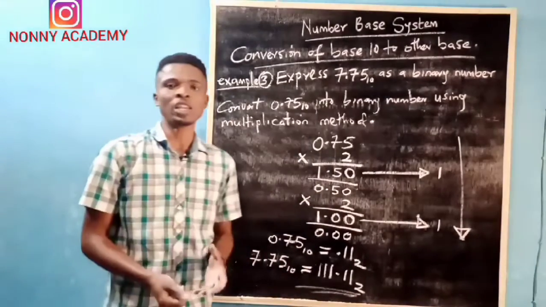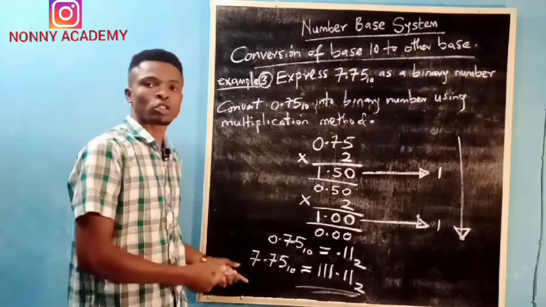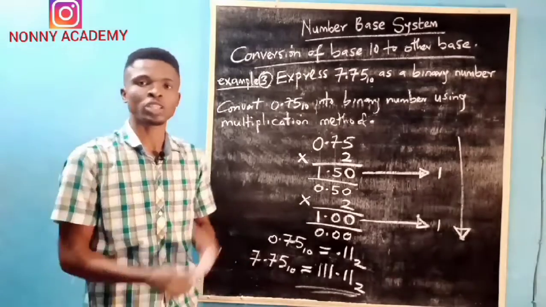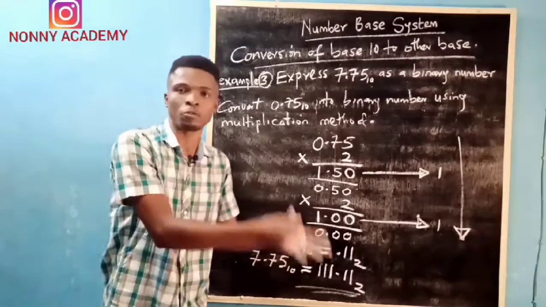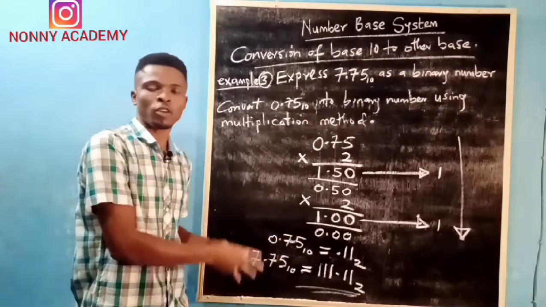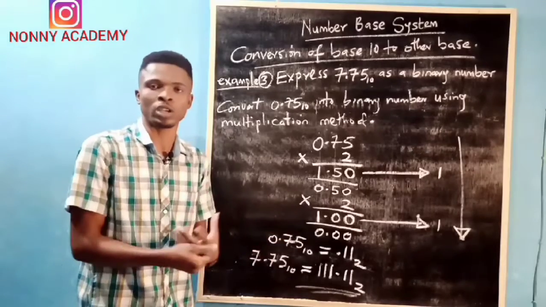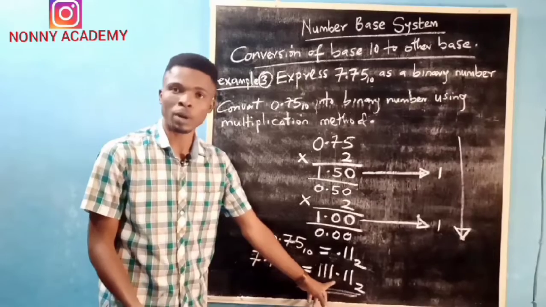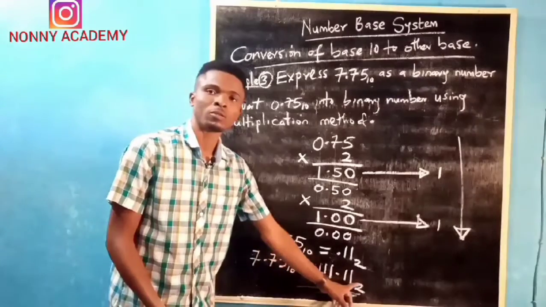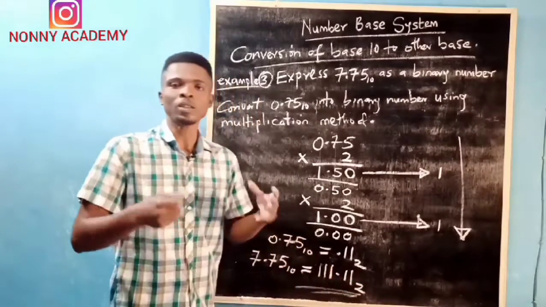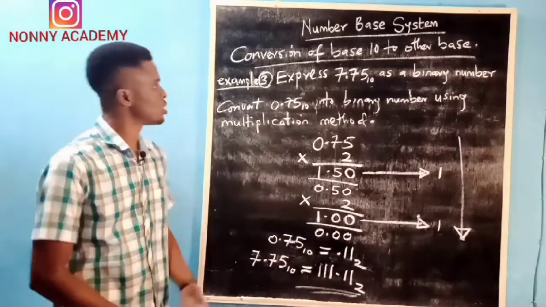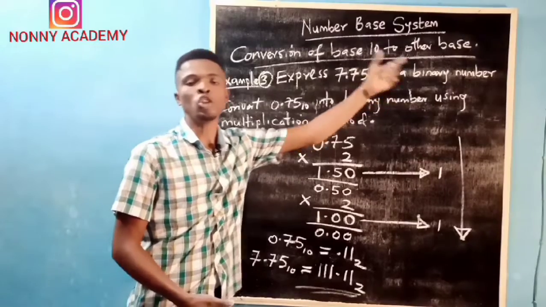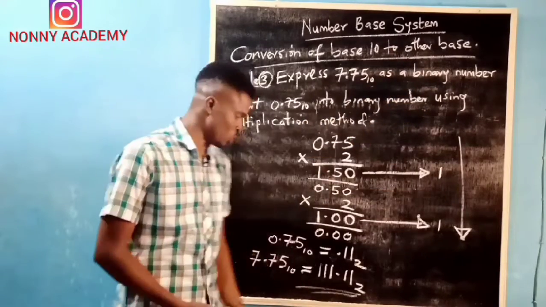Like I said earlier, the answer I got for the whole number part, which is 7, and the answer I got for the decimal part, which is 0.75, at the end of everything I have to join both of them together. I have 111 for the whole number part, 0.11 for the decimal part, base 2. Now I have successfully converted 7.75 in base 10 to a number in base 2, which is